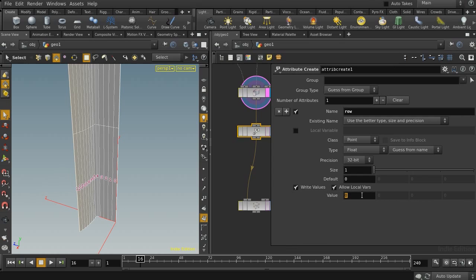Let's choose an expression like floor number of primitive divided by number of points in our carve node minus 1. Okay,